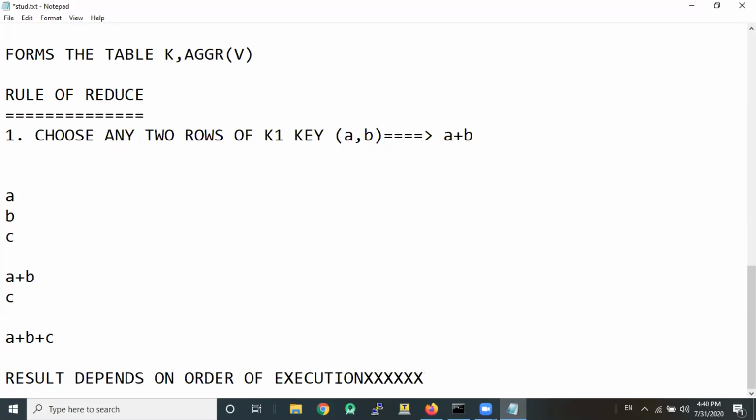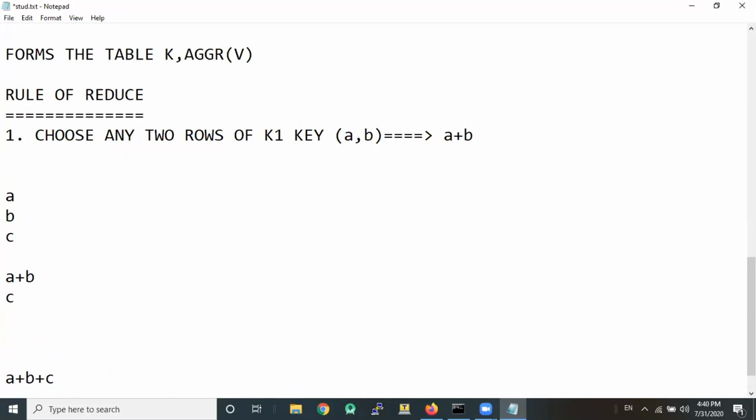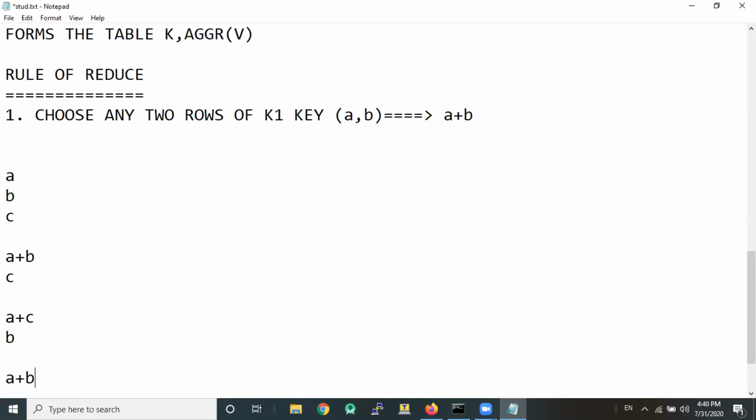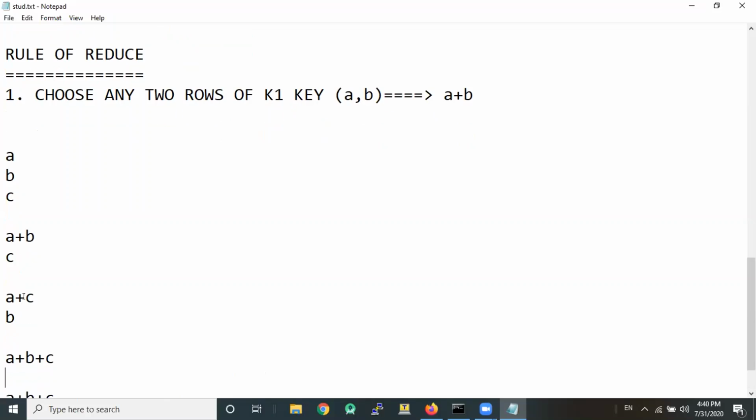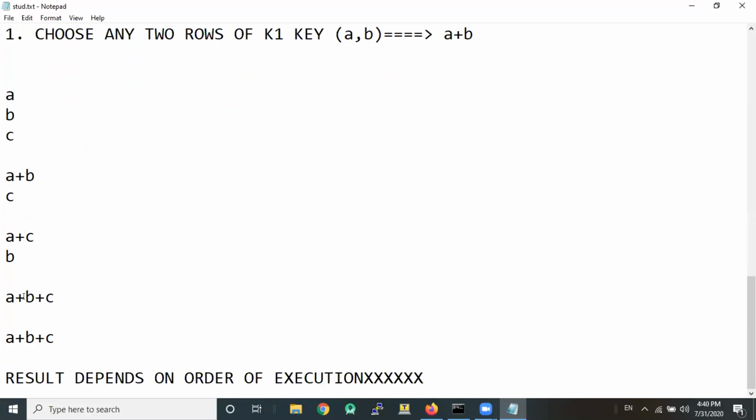Remember, a summation does not depend on whether you originally chose A plus B and then C. The result would be the same. For example, if you chose A and C first, and then B is left over, you again get A plus B plus C. Whatever order you take them, the summation operation follows this constraint. However, just consider that A, B, and C are strings, and the plus is a concatenation operator.